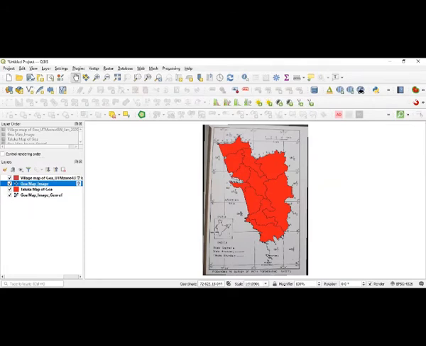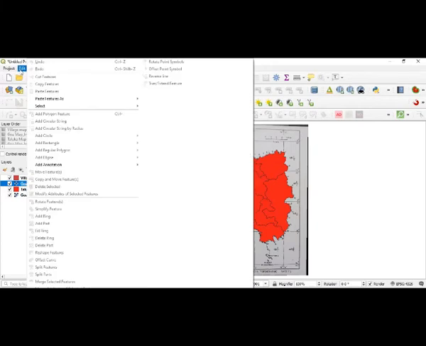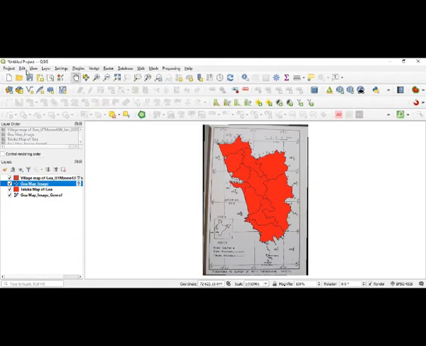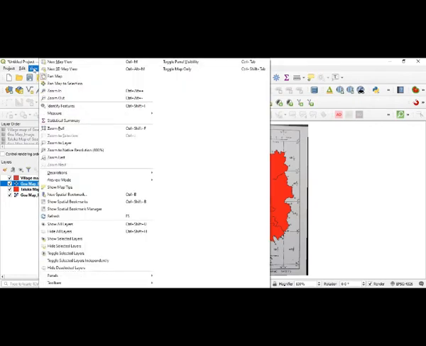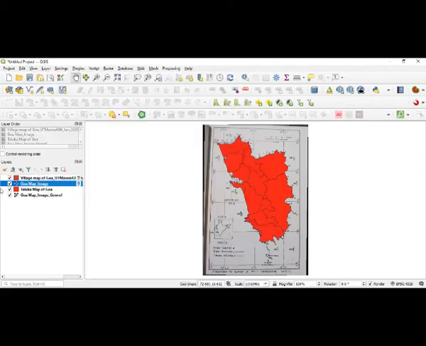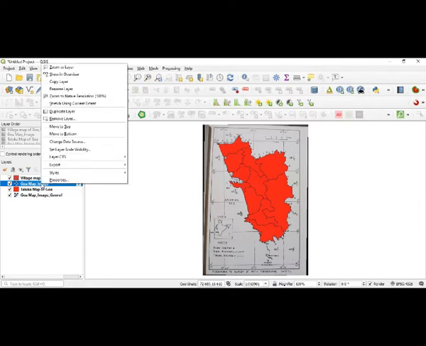So if I want to remove, we can also go to the view button here. You can add or remove that. If you don't want that one, you can just select that one and right click on it, and you are going to get a remove layer option. Okay, so add or remove. So you can click here to remove.